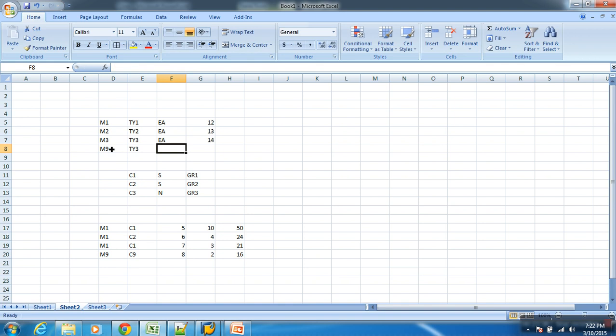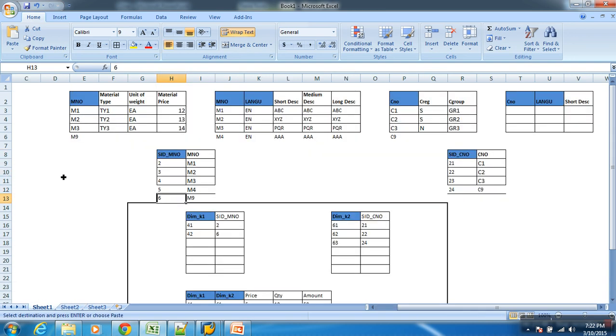Okay. Now later, the next day, an M9 entry has come in. Say type 3 again, EA price is 50. Now a new entry in the master data is formed in the source. Now I can load master data again the next day. So when I bring this, what happens? Master data will go and override this. M9 is overwritten and it starts filling those attributes. But will it generate a new SID or is the SID the same? The SID is the same because the material number has not changed, only the attributes have changed. Attributes have no relationship to the SID table.